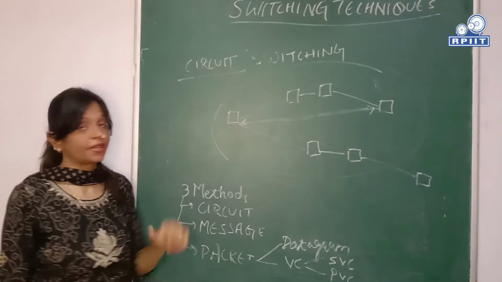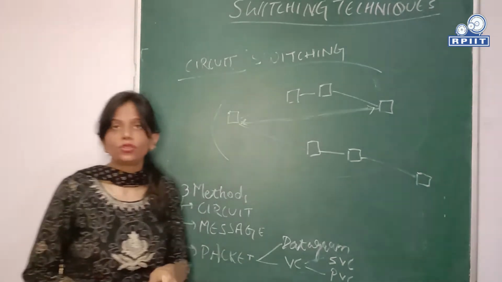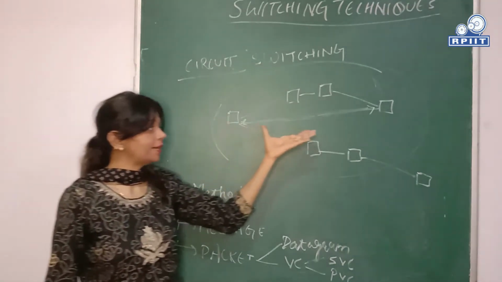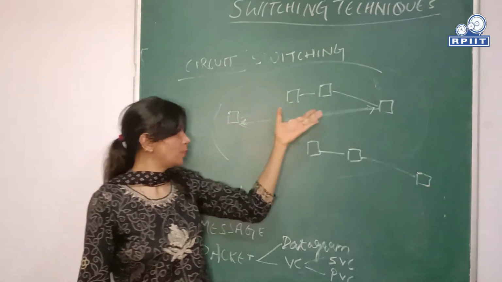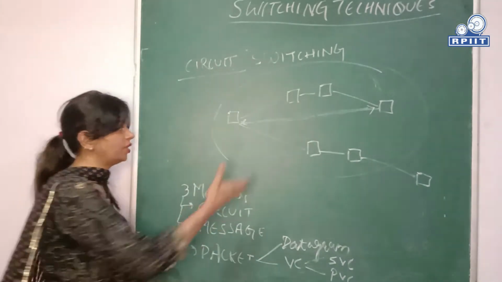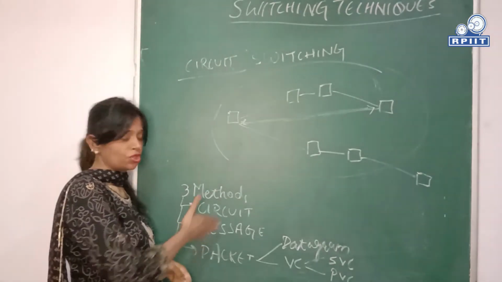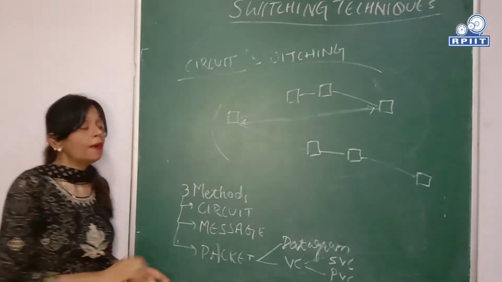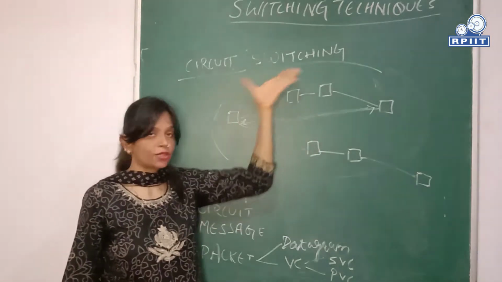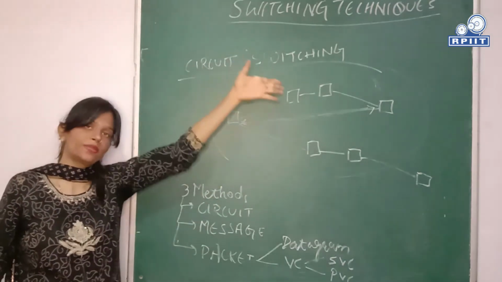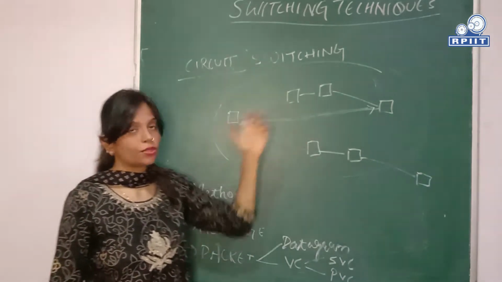This kind of circuit switching is very easy and efficient for those users who need to send data for secure communication. Here you can see that there is no delay, because no intermediate node is involved, so no such delay occurs at any intermediate node, which is usually a big disadvantage with other methods. The data rate is fixed in circuit switching, because the rate at which the sender transmits the data is the same rate at which the data is received by the receiver. So this is circuit switching.